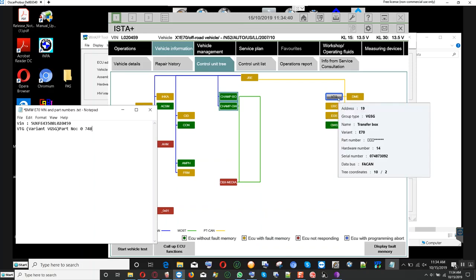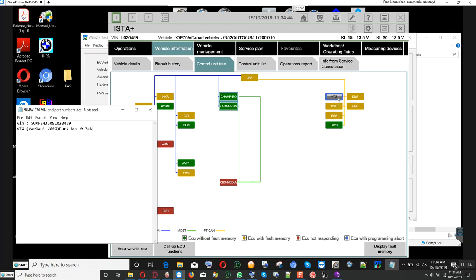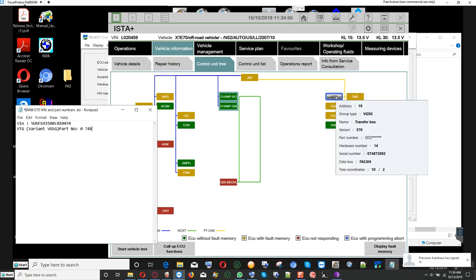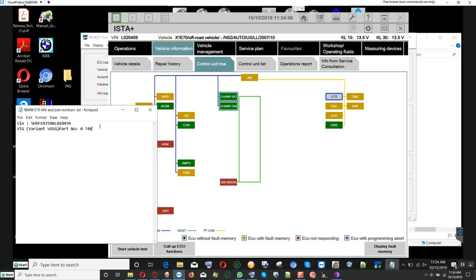You have 1 2 3 4 5 6 7. Oh really? Seven, 4 8. Oh, the part number is blocked out. That's not what I want. I don't want that number there. I wanted the one that is